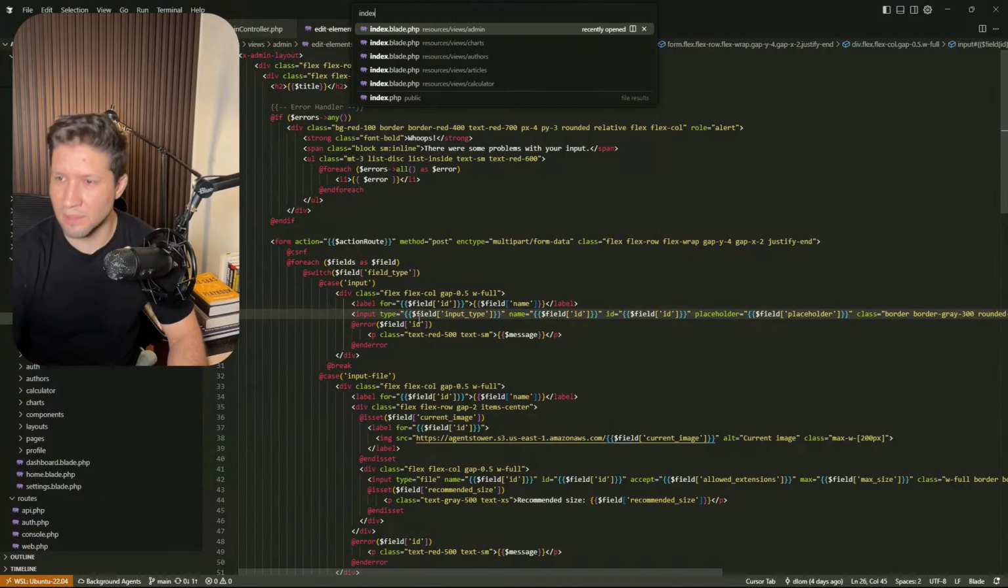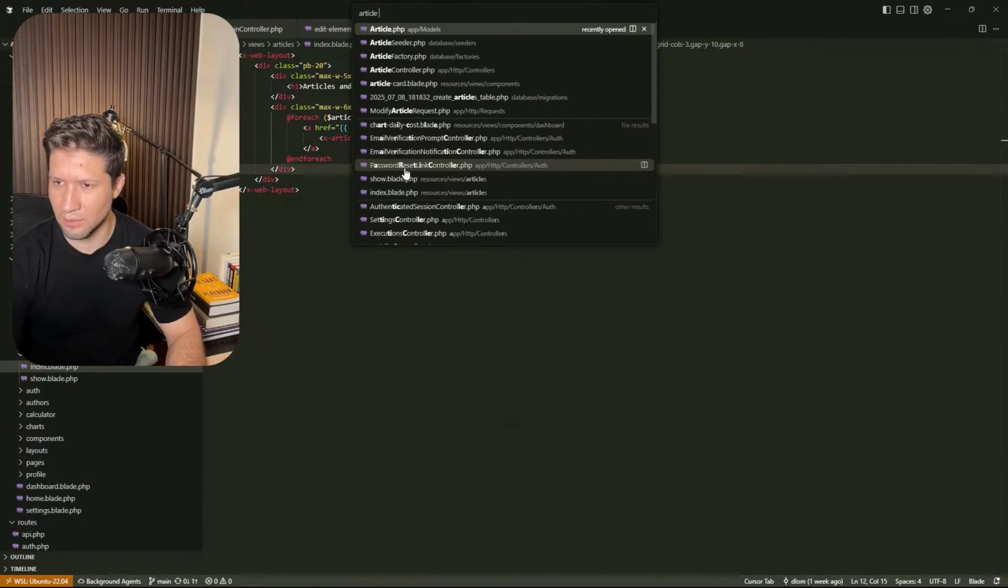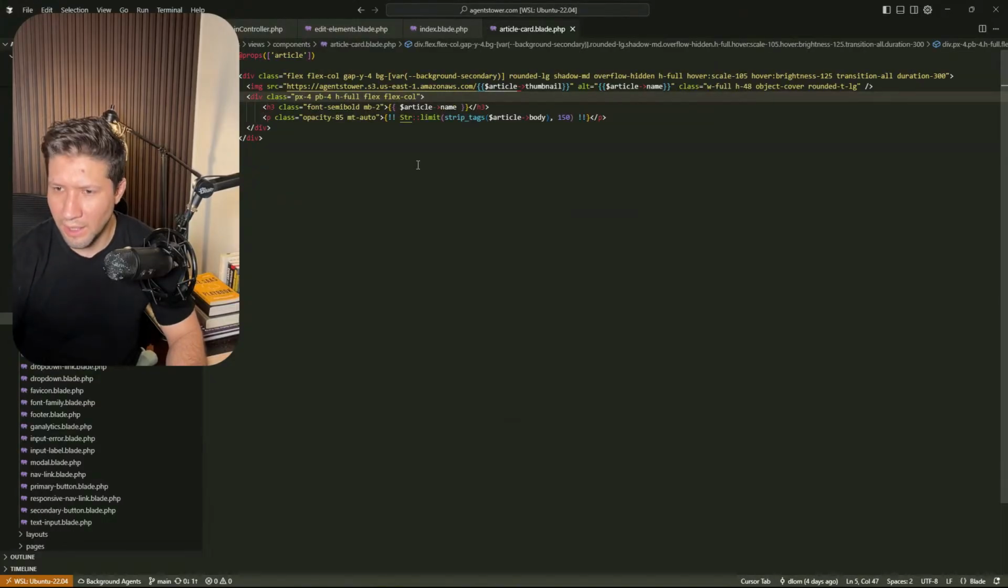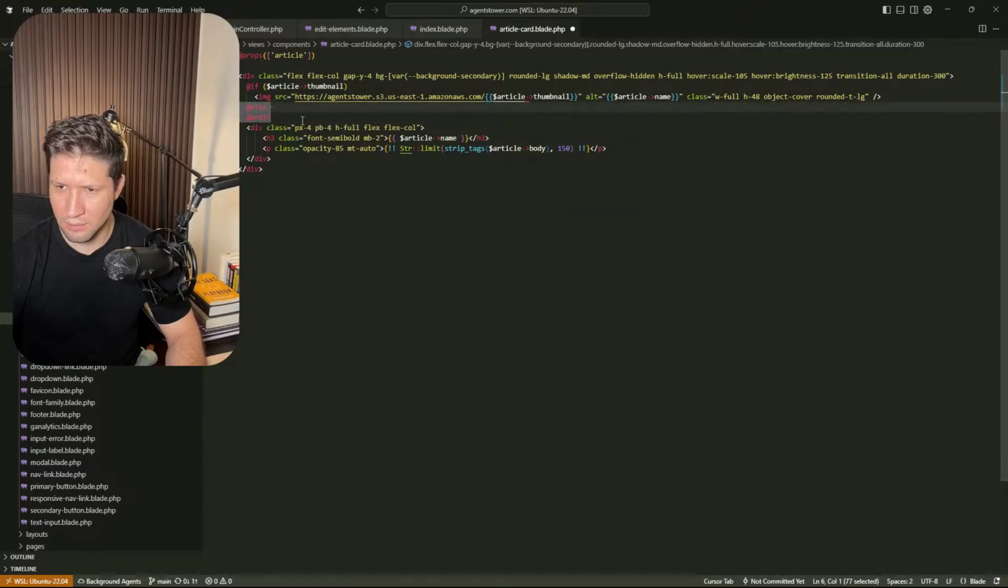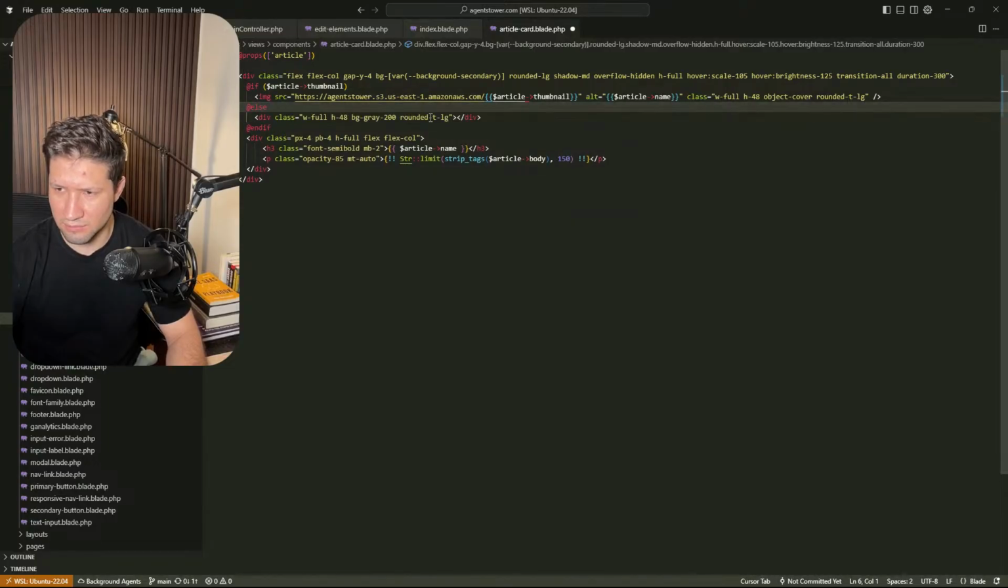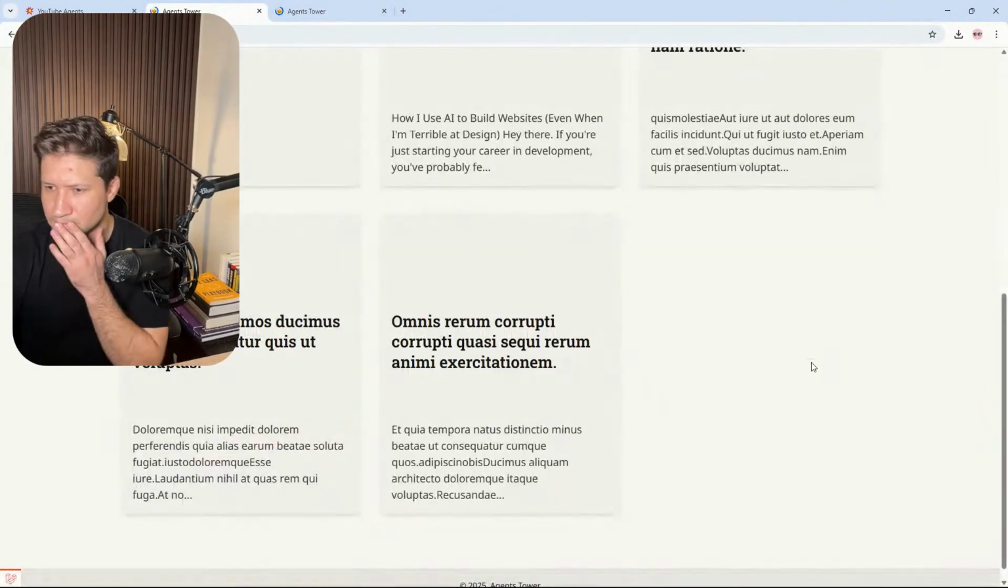so it's the index of articles. In here, I'm using article card. It's a component, article card. And in here, I'm adding the thumbnail. So in here, I can add something like if article thumbnail, add this. If not, don't add anything. So if I save this,